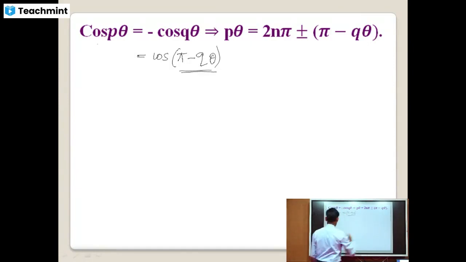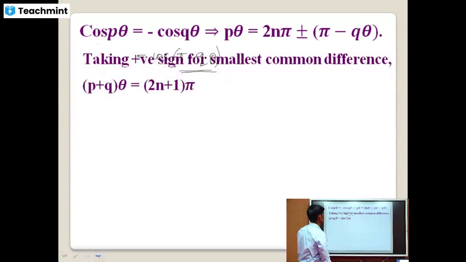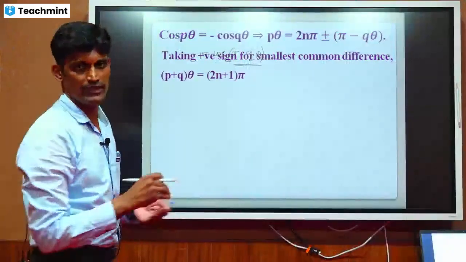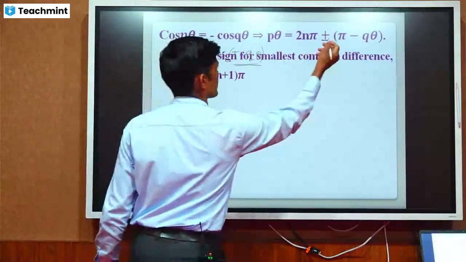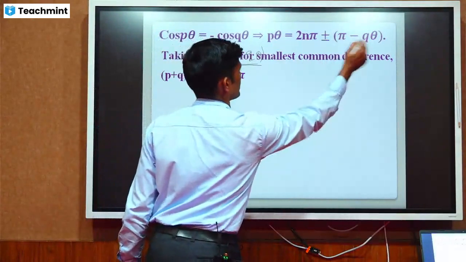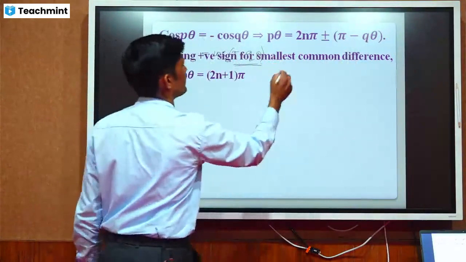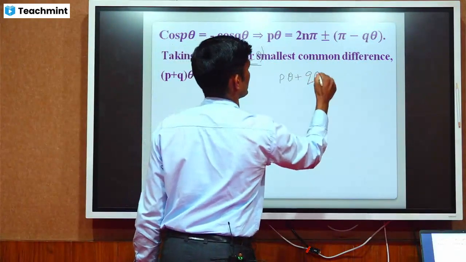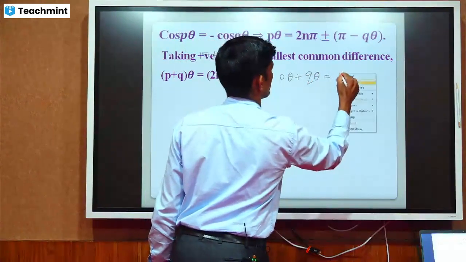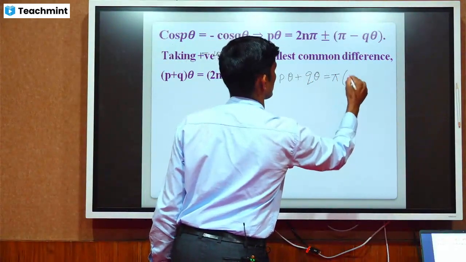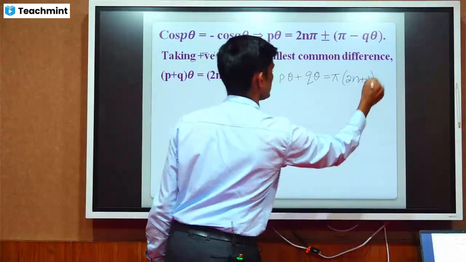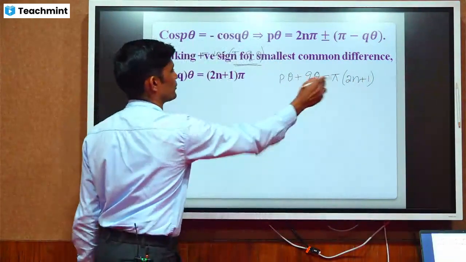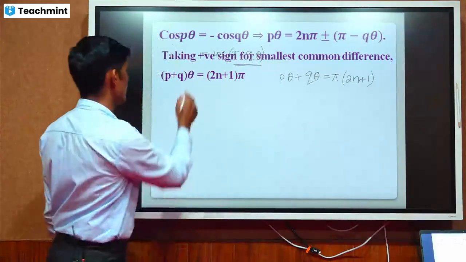Or this can be simplified by taking the positive sign for the smallest common difference of the solutions. We want the numerically smallest common difference of the solutions. Therefore, let us consider plus here. p theta is equal to 2n pi plus pi minus q theta. We get p theta plus q theta is equal to pi into 2n plus 1. Therefore, p plus q into theta is equal to 2n plus 1 pi,